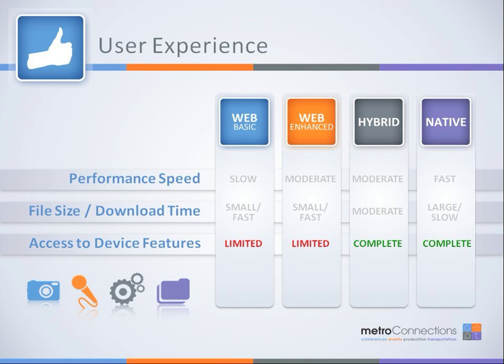So if it's content-related changes, all of the native app companies have an administrative user interface that's web-based, so that me as the administrator of the meeting can go log on and make a change to the agenda, and it will push that change immediately. You don't have to go through the App Store, and there is no download for the attendees. It will automatically change the next time they go to that page. Right. It's using a very small amount of internet traffic as opposed to completely re-downloading the whole app.